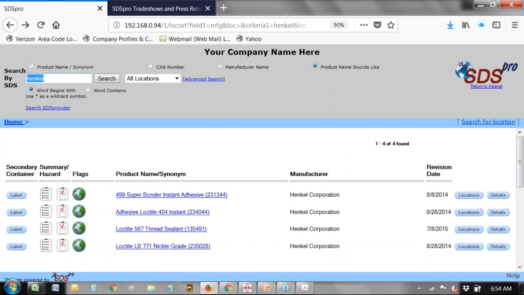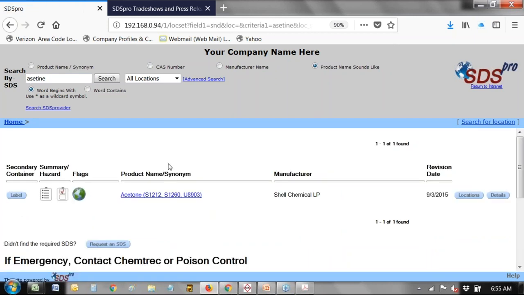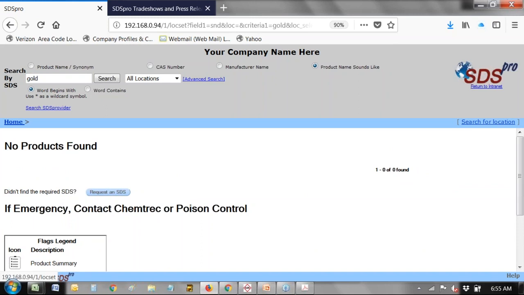My favorite search here is product name sounds like. So again, that's checked over here, and you can spell acetone, completely botch it up, and I'm going to keep it G-rated here and just use one S, but you can really botch it up and still get the acetone, as long as it sounds like it, since it has phonetic search capabilities. So you still get acetone, even though again it's totally spelled wrong, but it sounds like acetone. In some cases, you may get multiple products back as well, but again, you'll be able to pick the one out with the proper word association. If I type a product and it's not in the system, you're going to get a result that says no